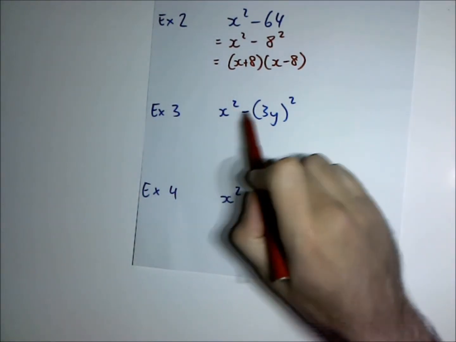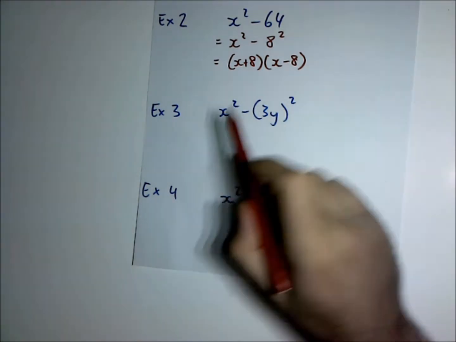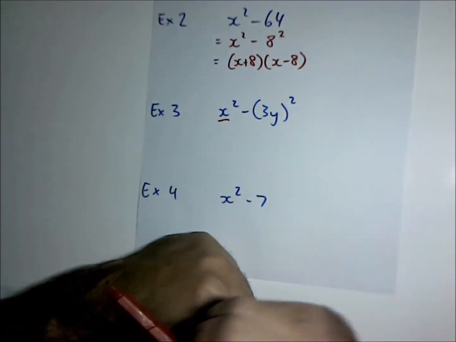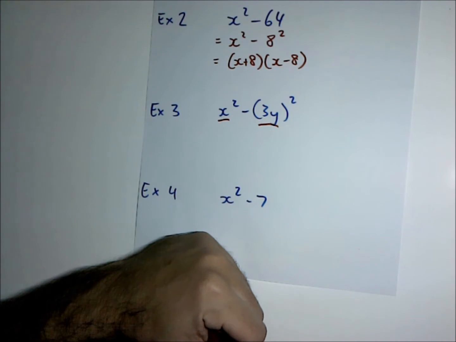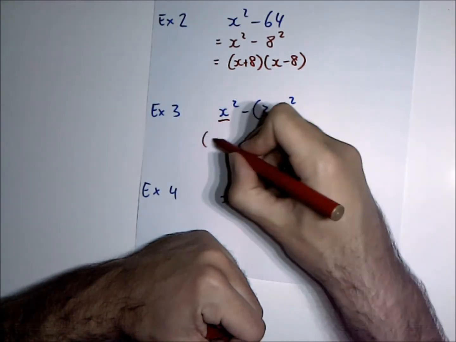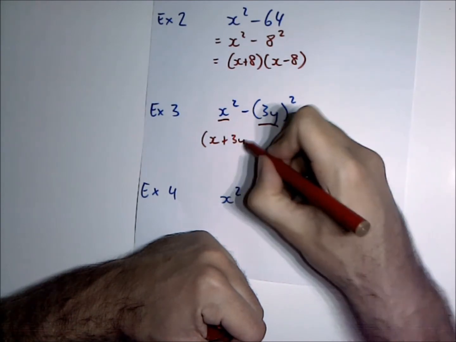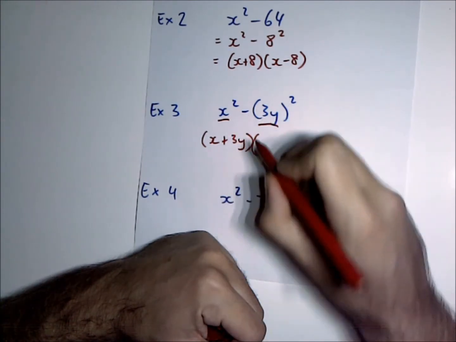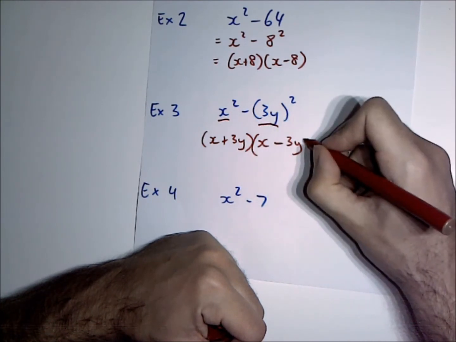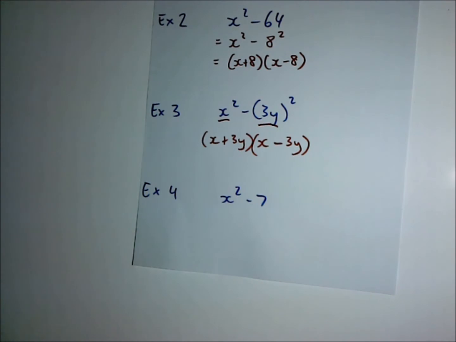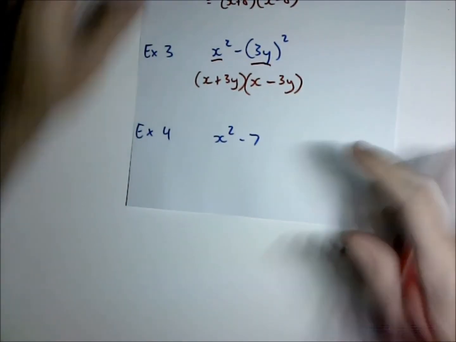You've got an x squared, so something squared, take away, and you've got something in brackets squared as well. So it's still in that form where you've got just a single thing squared, and because it's in brackets, this whole thing is squared. So if I put it in brackets, it's going to be x plus the whole bracket, so 3y. Then your second bracket is going to be x subtract everything that's in your bracket, so 3y. And you're done. Now sometimes, if they want to be really mean or a little bit tricky to test you out,